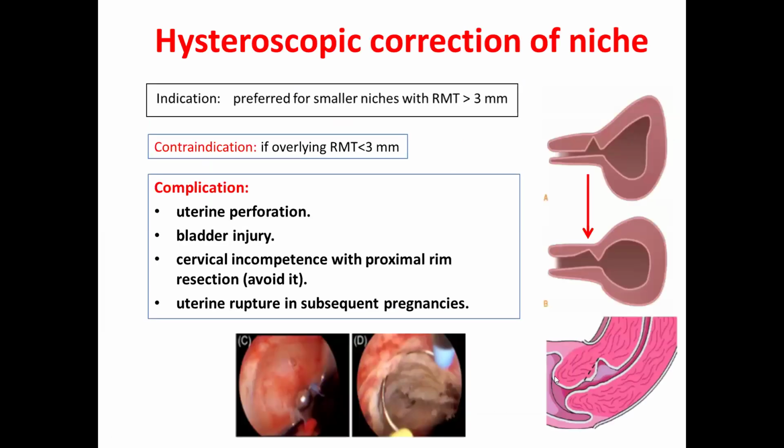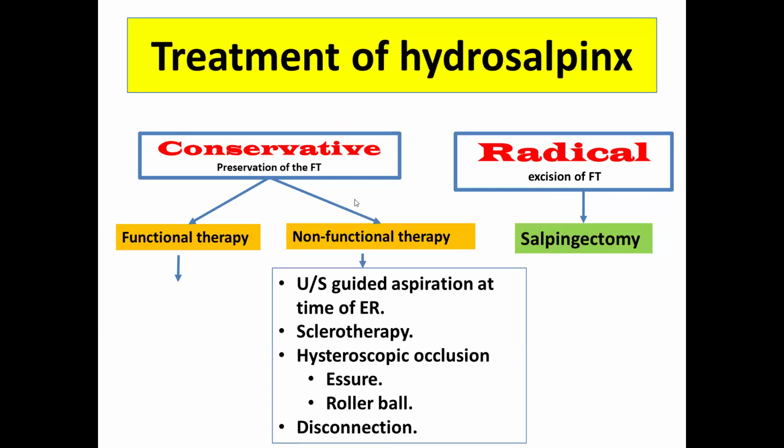And here is the idea of cutting of the distal rim of the niche to avoid accumulation of blood. Proximal part is not important because if there is no distal rim, there is no pouch and no accumulation of fluid. What about hydrosalpinx? Hydrosalpinx also can be treated conservatively or radically, by excision of the fallopian tube,